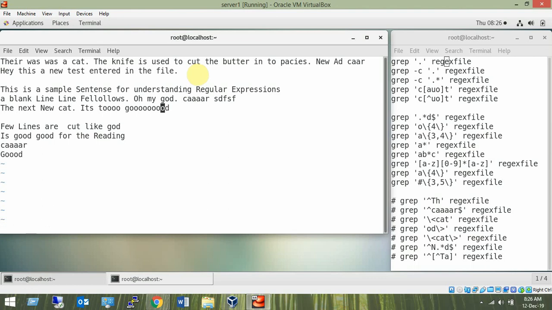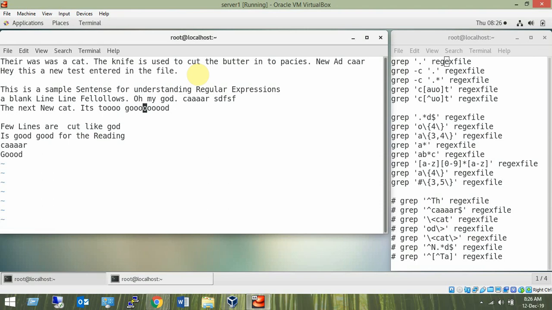Like here, once more, I want to start typing. I'm here somewhere in between. I want to type something at the beginning of the line. So people do what? They go to the command mode, type small i, go to the insert mode, then use the left arrow key, and continue pressing the arrow keys till they reach the first character. Is this the right approach, or what should you do instead?